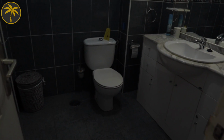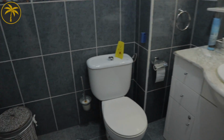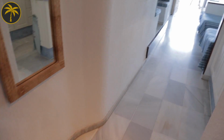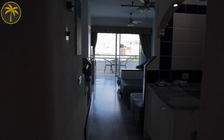Right, so as we come into the apartment, straight away on the right hand side we've got the bathroom. So it's got a hand basin, toilet, and your washing machine's here as well with a walk-in shower. That tray is a little bit larger than the standard tray there, so that's really good. Back out into the hallway, and then you get hit with this fantastic view, and at night that must be